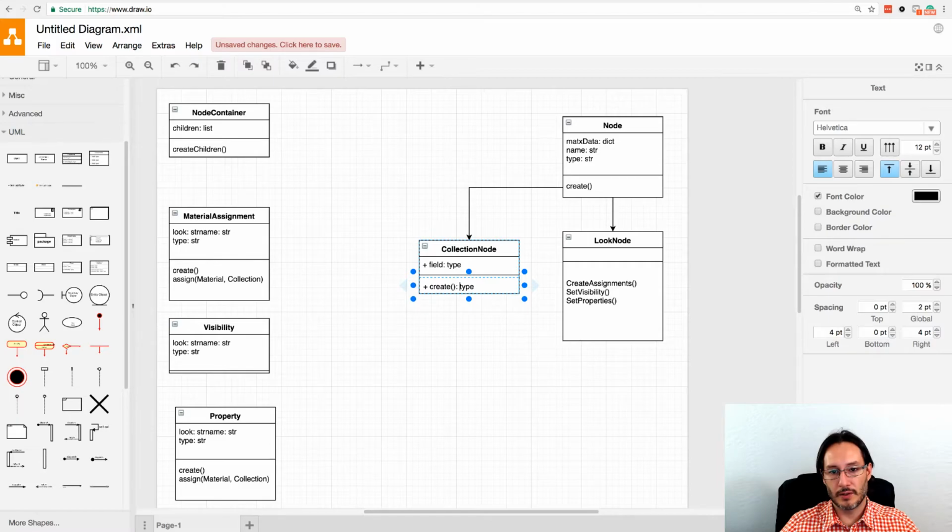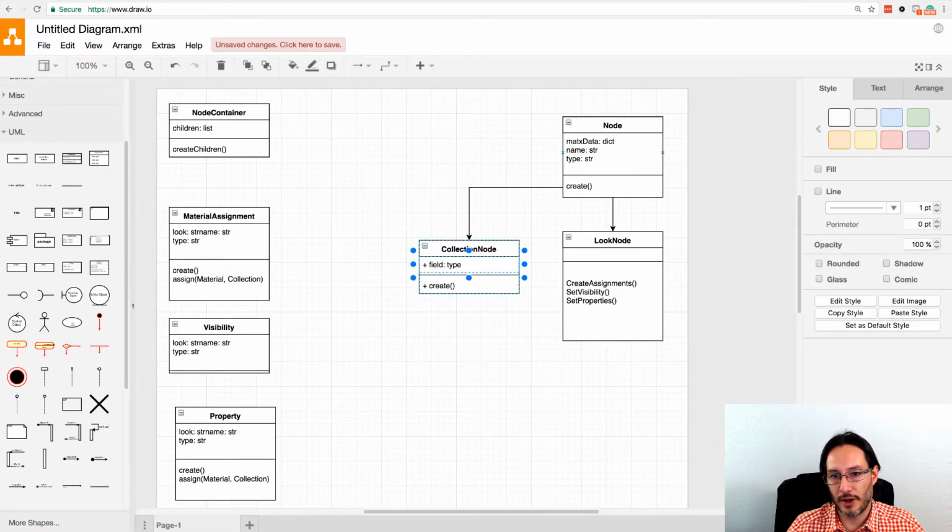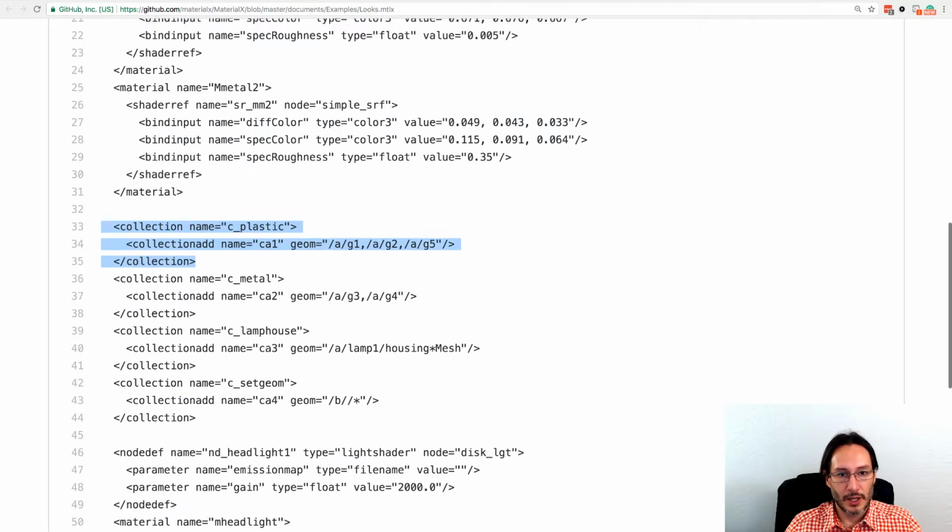And basically what this is going to do is that whenever we create a collection, it's going to create some groups inside of Blender. We don't know any, and we don't care about any details of how that is done or the small specific cases that we have to deal with, but we know we're going to have to create collections. So for now, we're going to just put a collection. We don't really need a field here because we're inheriting a lot of stuff from over here. So let's continue. That's our collection.